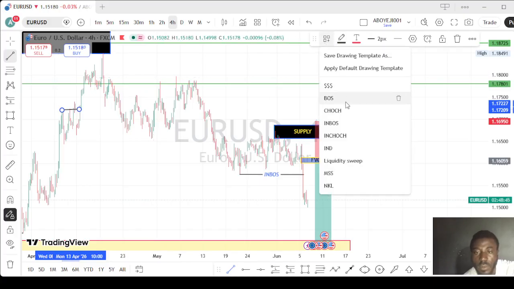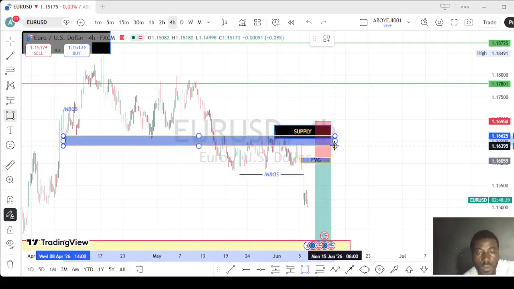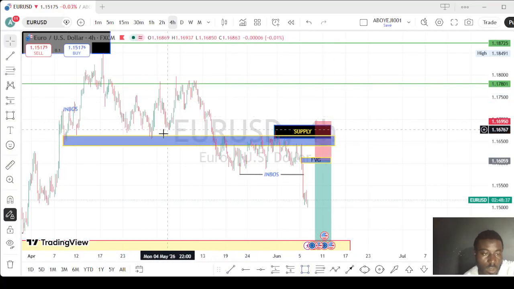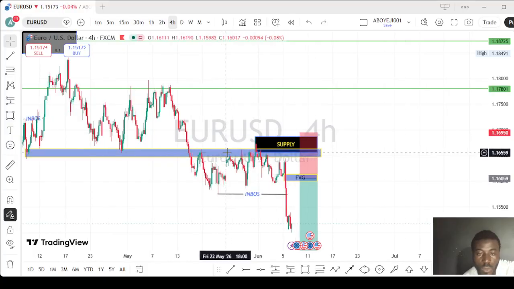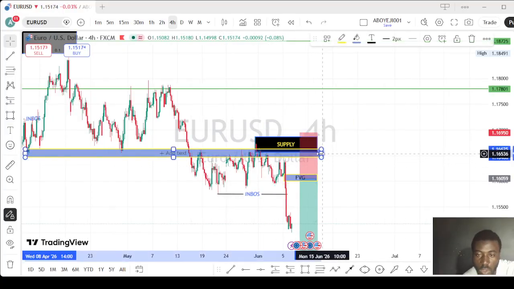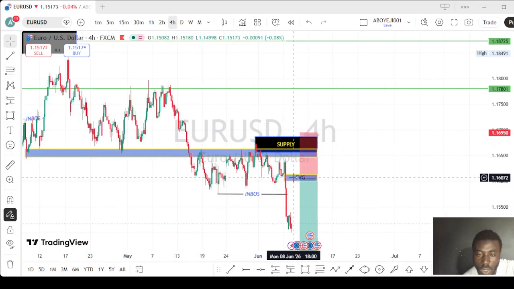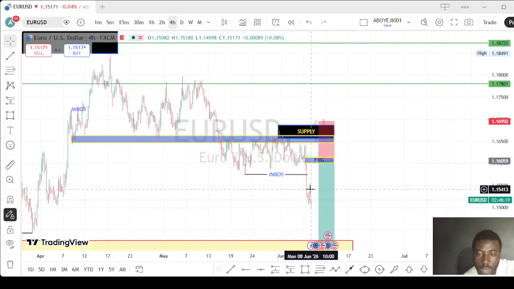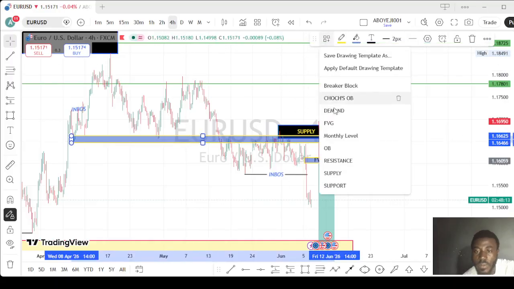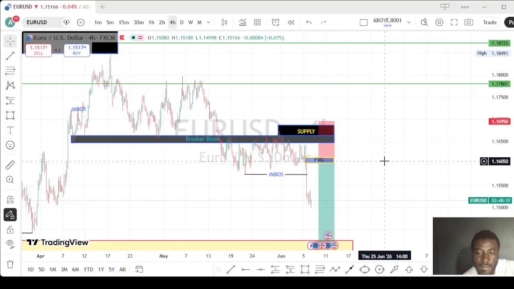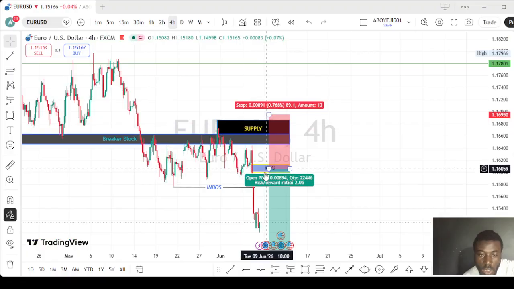This is break of structure here, and this is unbreaker block. It has turned to what? Key level here. So this breaker block is used once. Since the market has touched it, it's not going to touch it again unless we see opportunity for this FEG and continue that sell, or market broke it and continue the uptrend. So this is what we are seeing. But I'm still waiting for the market to set this liquidity before I can see a huge uptrend.